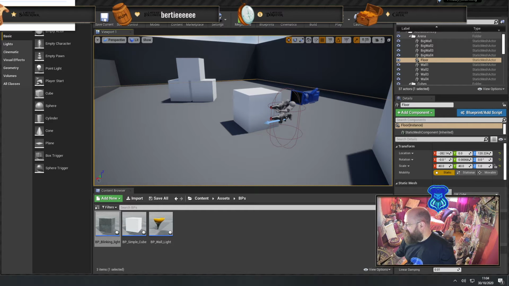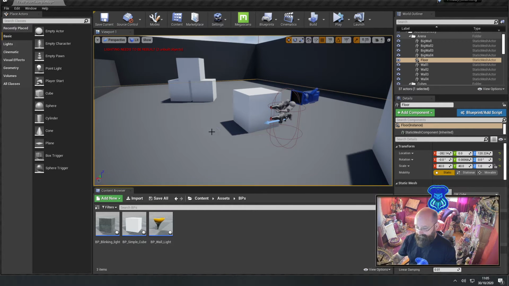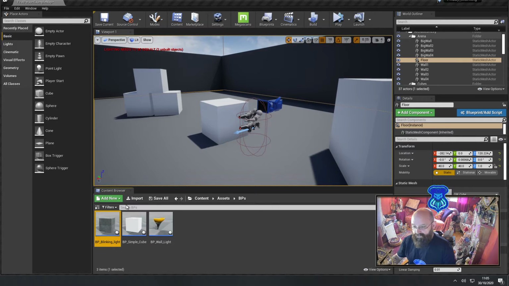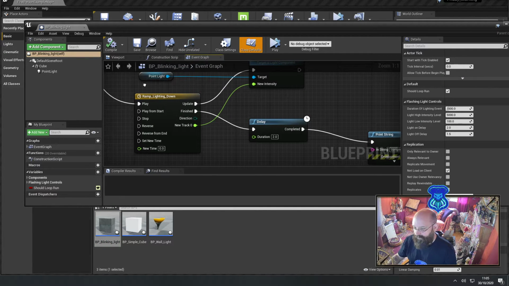Ignore the fact that it's got this stuff going on. I'll just try and turn my overlay off. There we go, gone. Right. Now, I'd already made my BP blinking light, which is just here. Okay. Now, in order to fix it, because it ain't working, what I want to do is I want to